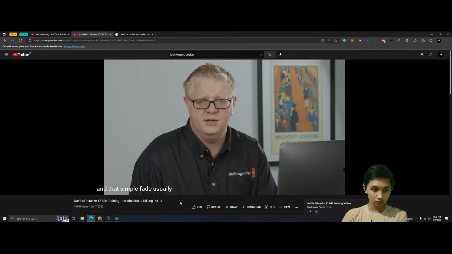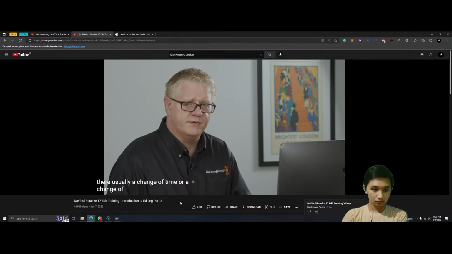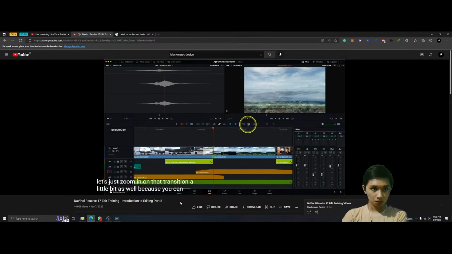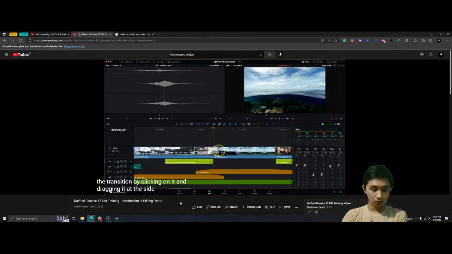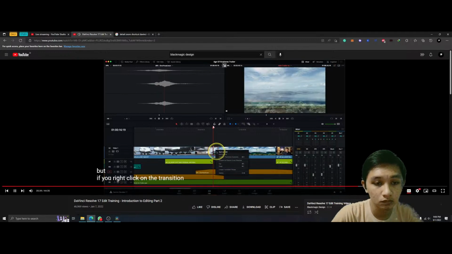And that simple fade usually indicates to the audience that some change is there, usually a change of time or a change of location. Let's just zoom in on that transition a little bit as well, because you can also change any of these transitions. Of course, you can change the duration of the transition by clicking on it and dragging it at the side there. But if you right-click on the transition,